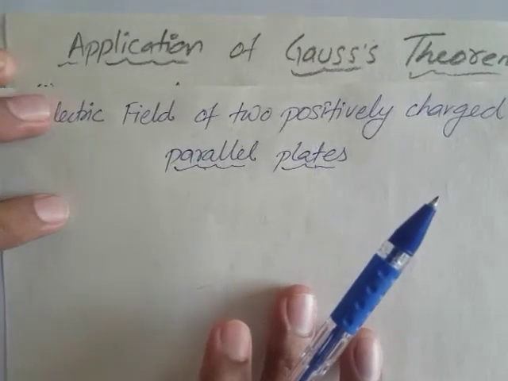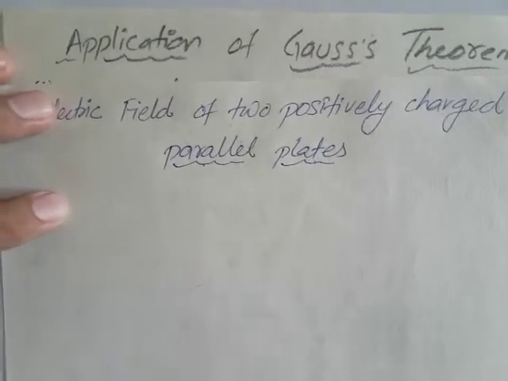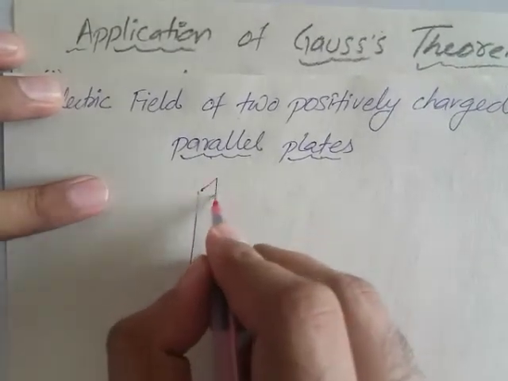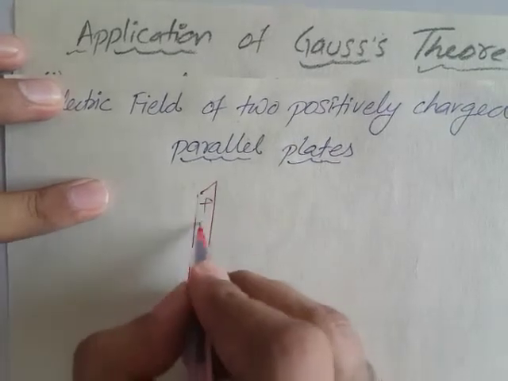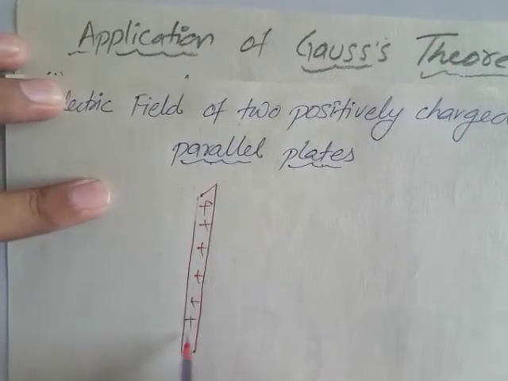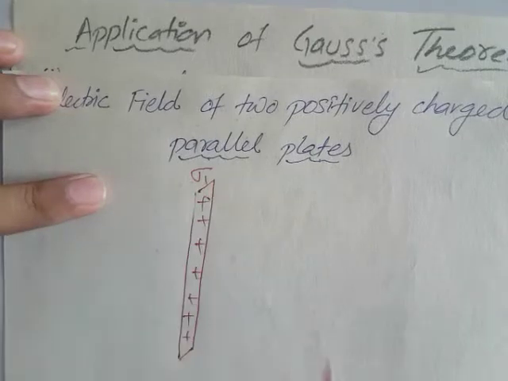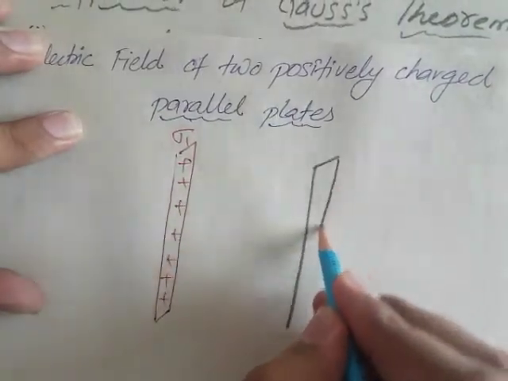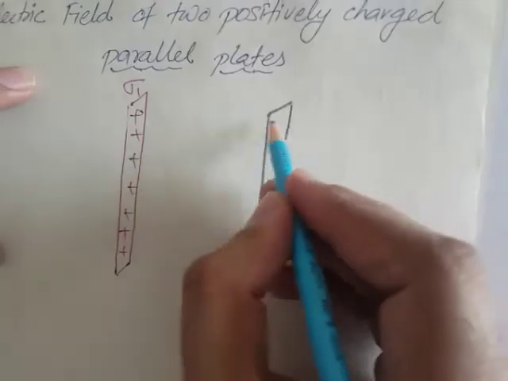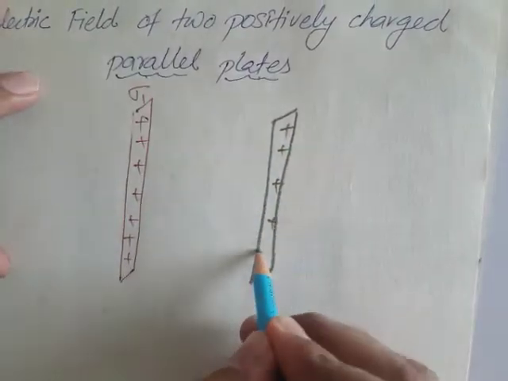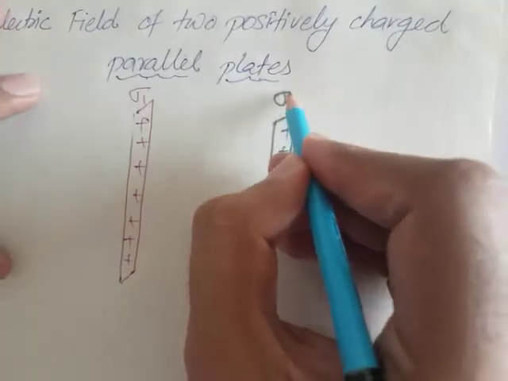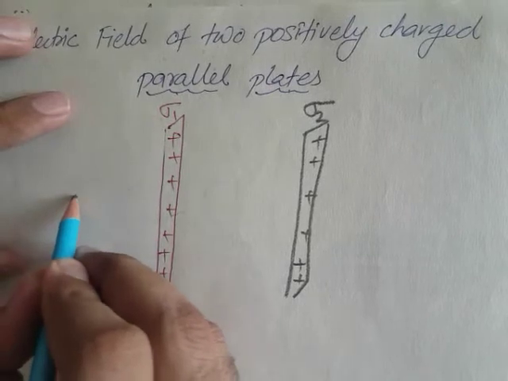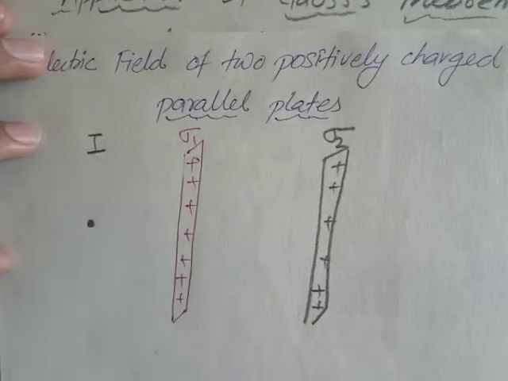So now I will draw our two charged sheets over here, one charge sheet over here, that is plus. Now consider sigma 1 as its charge. Now we consider another sheet, and they have different charges, so we consider sigma 2. Now if we place a test charge in region 1, what will we get?